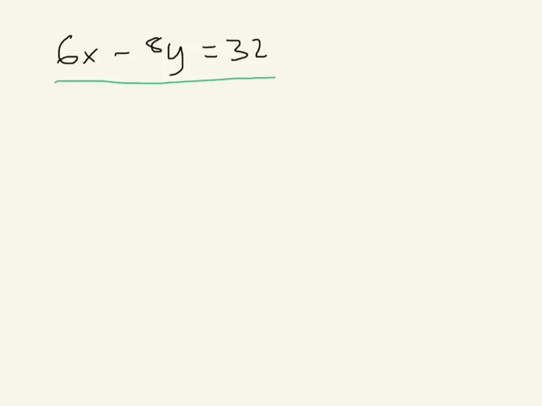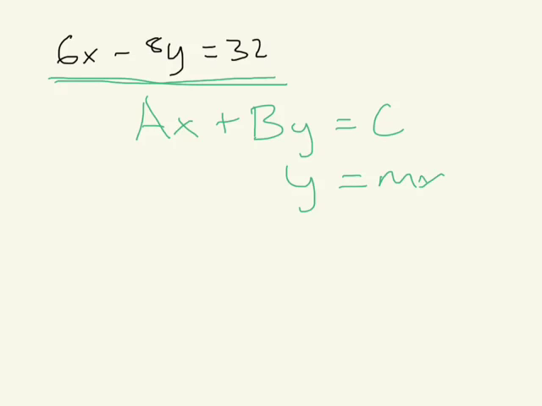So again, remember, standard form is ax plus by is equal to c, and we can see that this guy right here, again, is in standard form, and we want to change it into slope-intercept form, which is y equals mx plus b. So what we're going to have to do is solve for y, and let's do that right